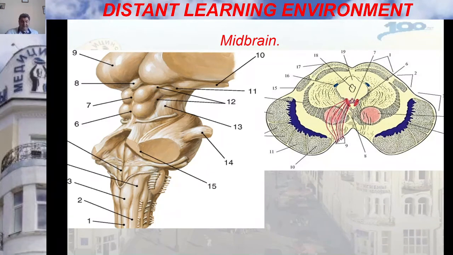With the development of the prosencephalon in higher mammals and men, conducting pathways connecting the cortex of the telencephalon with the spinal cord started passing through the mesencephalon. You may see this part, cerebral peduncles. As a result, the mesencephalon contains the following structure: subcortical center of vision, there are nuclei